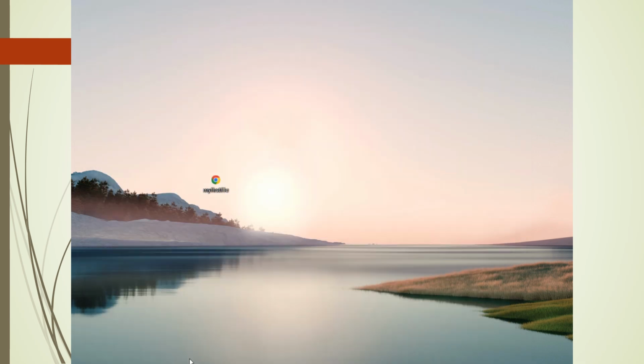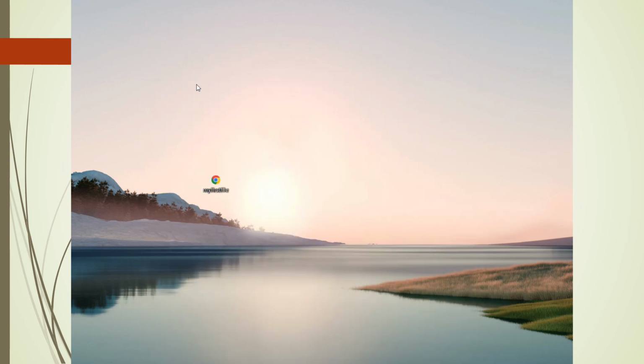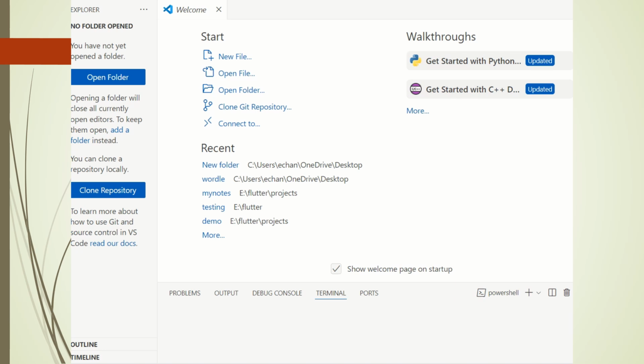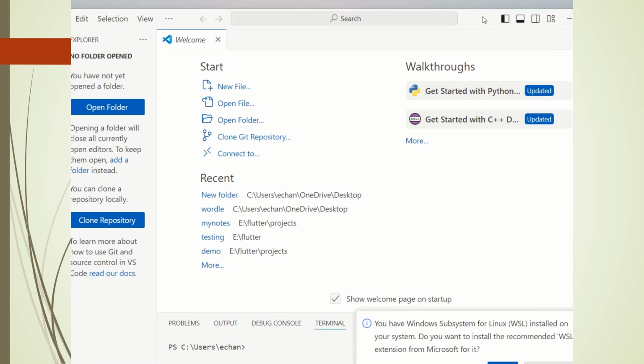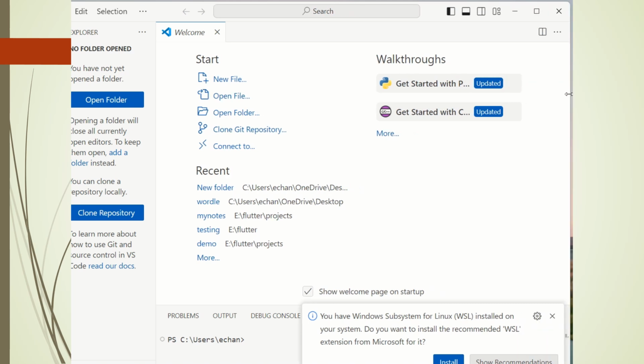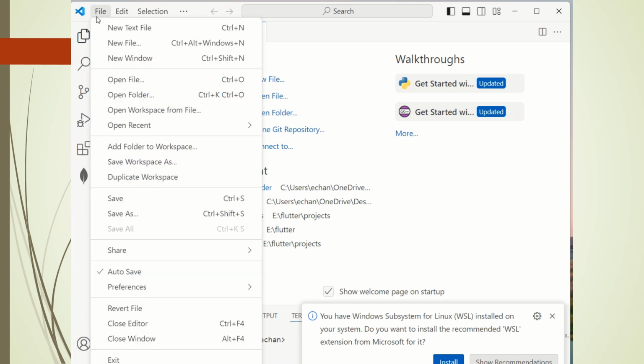And the second way, we can use VS Code. VS Code is open source. Just search for or move to the VS Code official website. You can download it for your OS, for example Windows or Mac OS, whatever you are using. It's open source. After downloading, just open it, and from the file menu